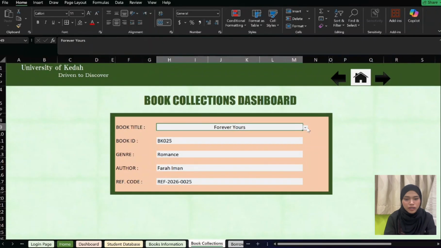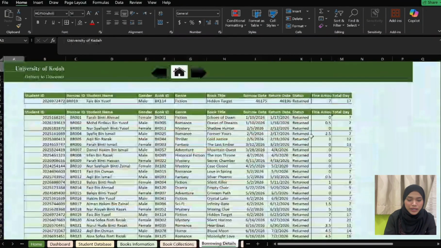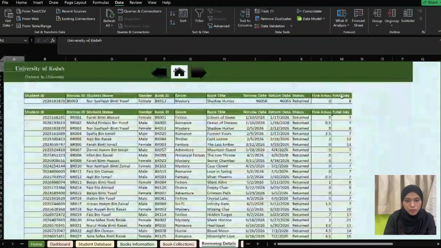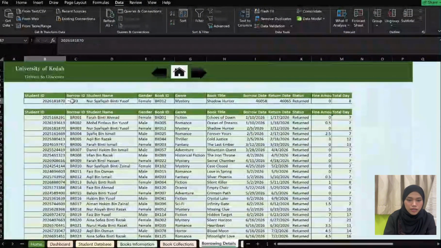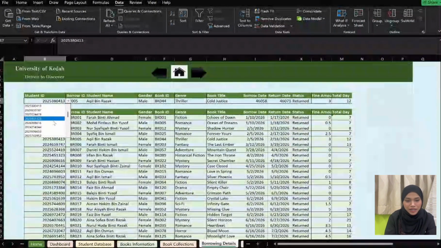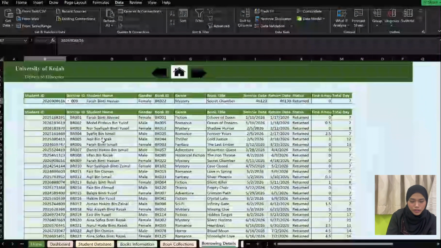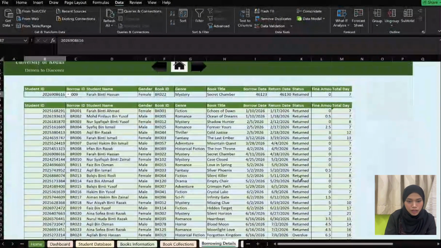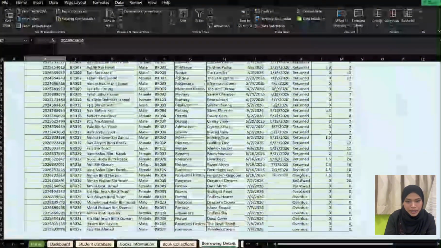Moving on to the operational core of our system, the borrowing details dynamically connect our student community with our book collection during daily operation. It records key data points such as student IDs, borrow IDs, names, gender, and book IDs. It also records genre and title to track exactly what is being checked out, and with built-in Excel formulas, the system automatically counts how many days a book has been kept